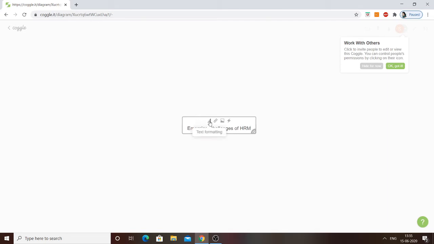Now with this I can format the text. I can link to a website as well. I can upload an image if I want to, and I can search for icons as well.